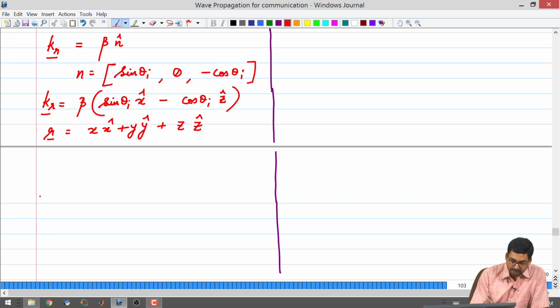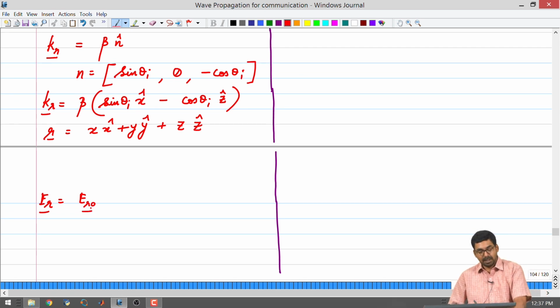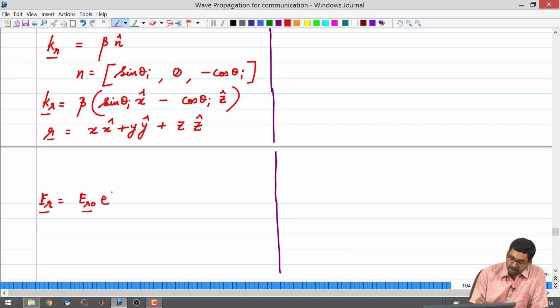So, I can write down E R. It has some magnitude and a direction, right, and with respect to space it is varying as e to the minus j beta 1, all right. So, it is in the same medium, right, k dot r. Okay. So, k dot r here is